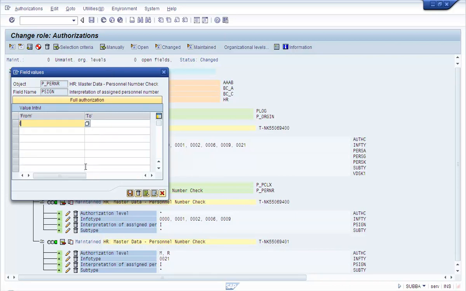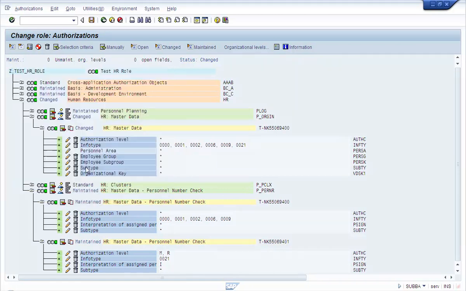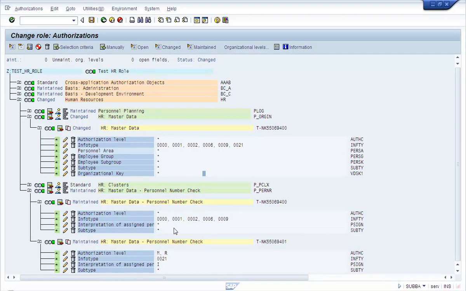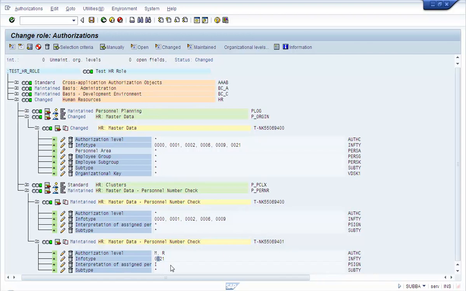So in this scenario, we are allowing the user to change data coming out of infotypes 0, 1, 2, 6 and 9 for everybody including himself or herself, but for infotype 21 we are just allowing him to display the data. So let's generate the role.